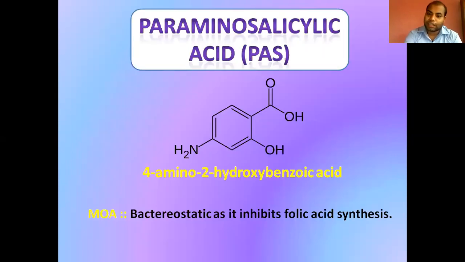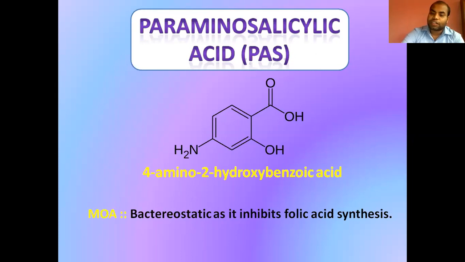The first line drugs have ended. Now the second line drugs are generally toxic and less efficacious, but they are very useful for multi-drug treatment, where the bacteria have developed resistance towards the first line drugs.